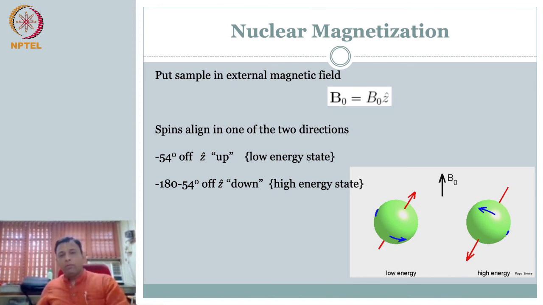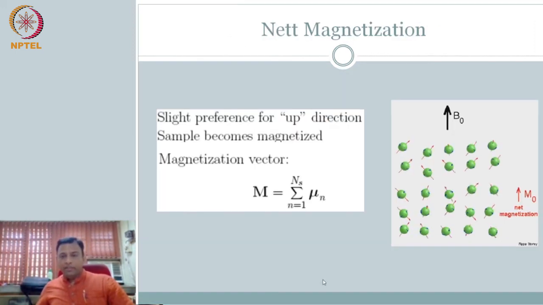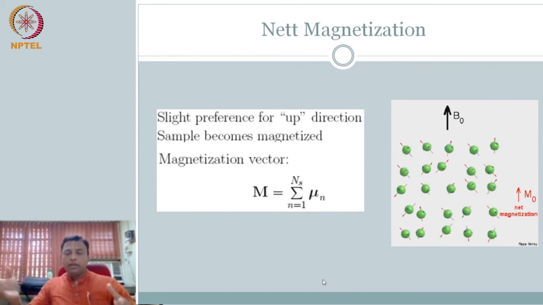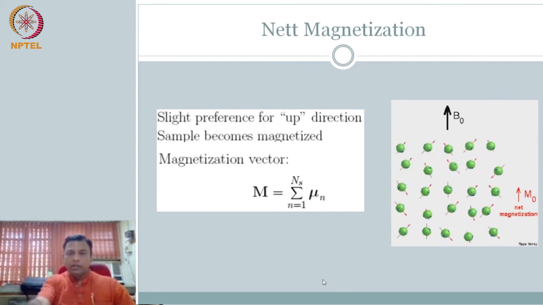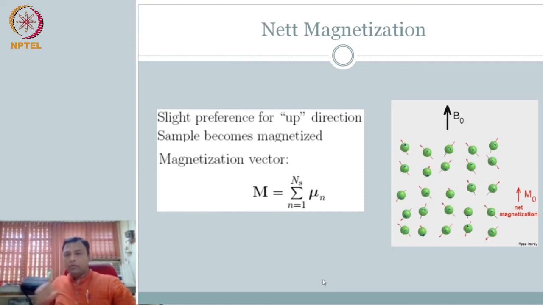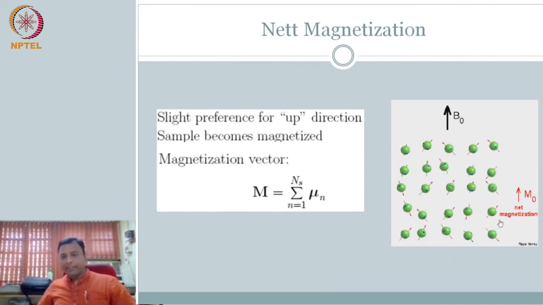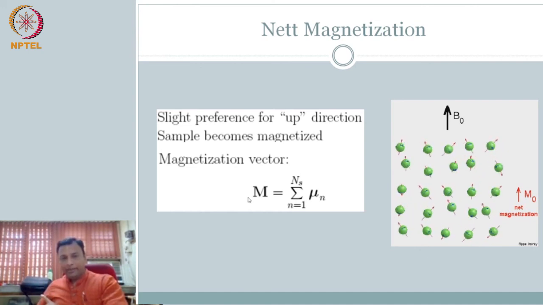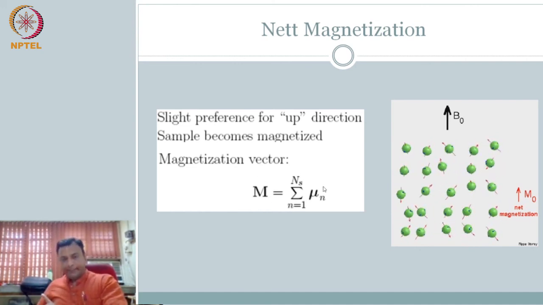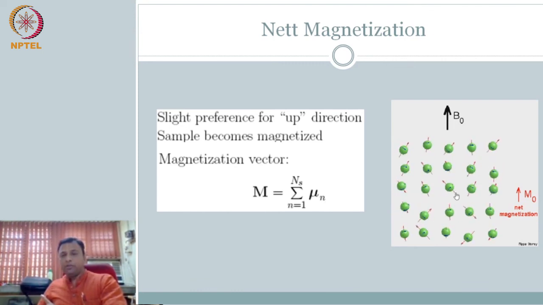Therefore, there are more spins in the up direction than in the down direction, and therefore the net magnetization is always in the up direction. There is a net non-zero magnetization along the direction of the external magnetic field. That is the key. When you take a volume with several nuclei that are spinning, and you subject all of that to B naught, in the end you have a net magnetization in the up direction. The net magnetization vector, capital M, is a collection of all the micro spins that are there.